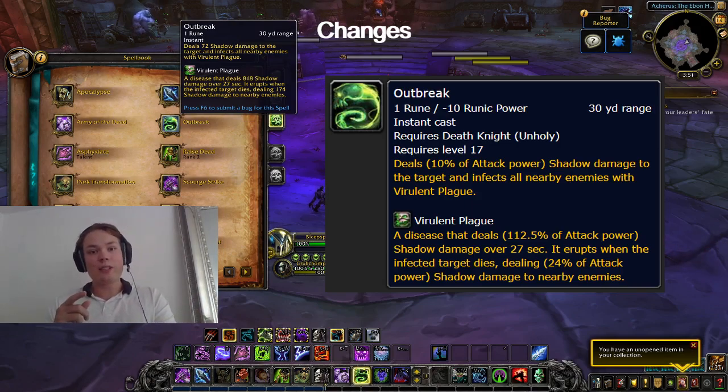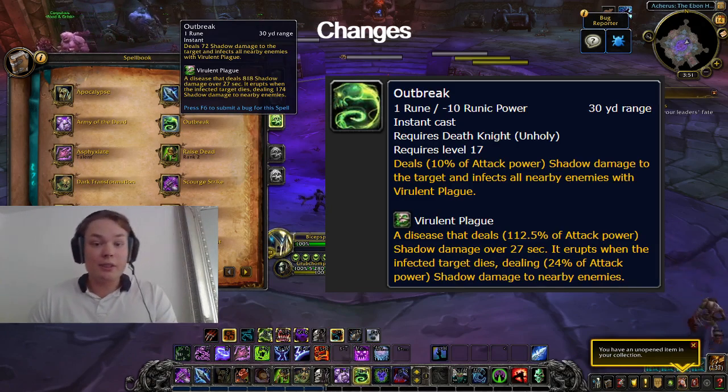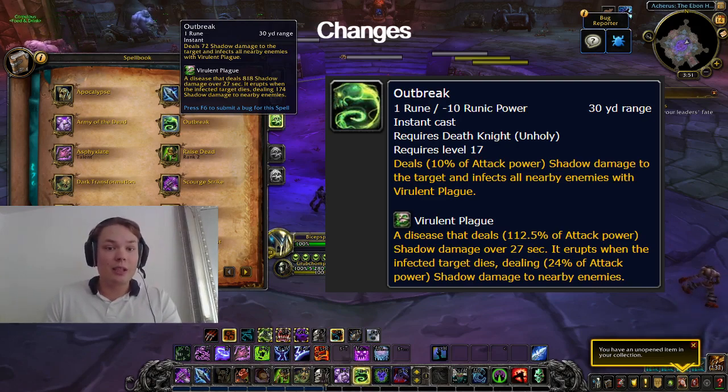Furthermore, the duration has been buffed from 21 to 27 seconds. This is actually an overall duration nerf. Previously, you had a 21 second base, plus 6 seconds on a debuff, plus a pandemic on top of that, which meant that you got 33.3 seconds. So it's actually overall a 6 second nerf to Outbreak, or the Virulent Plague duration. It does Pandemic at the moment, so in Shadowlands pre-patch you can reapply Virulent Plague when there's 30% duration left